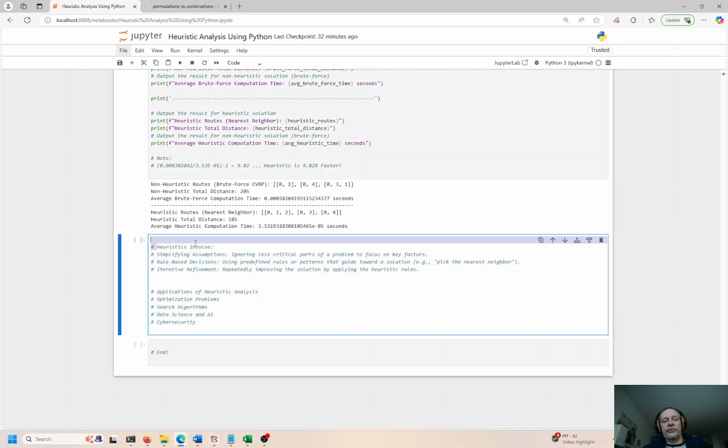So just to summarize, heuristics involve simplifying assumptions. We ignore less critical parts of the problem and focus on the key factors. This problem has to be solved quickly and efficiently. We're going to get a very good solution. Good enough is good enough. It's not precise. It's not absolutely perfect. But I'll tell you, in the business world, especially in Wall Street, if you're close, it's good enough, guys. If you're that close and you can do something quickly and easily, that's good enough